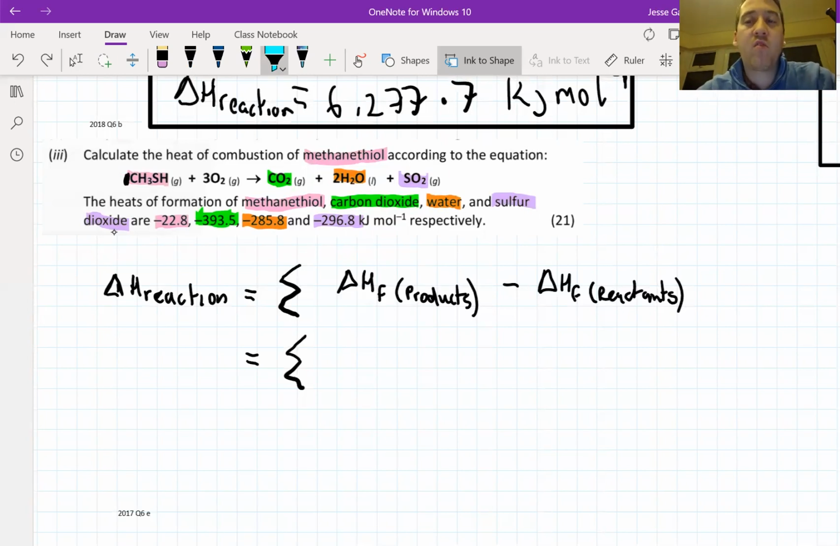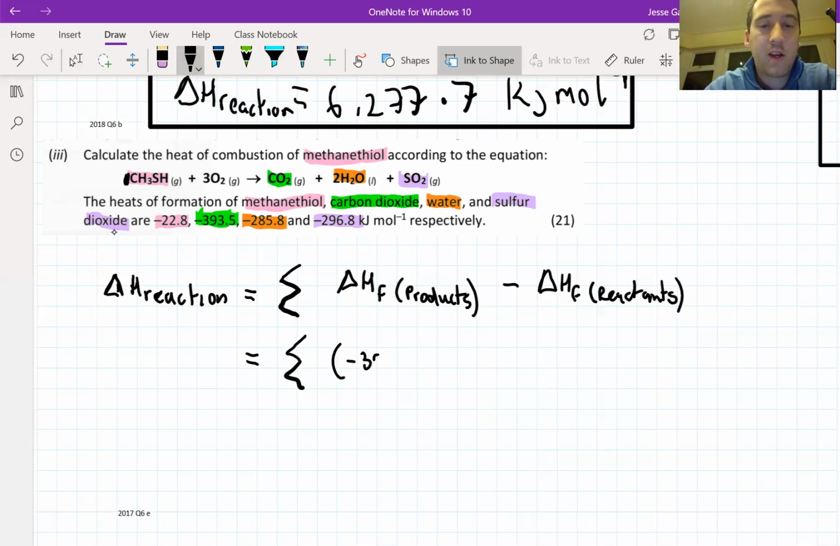So what are the products in this reaction? Please speak your answer to the screen now. Okay, your products, I'm hoping you're saying, are carbon dioxide, CO2, water, H2O, and sulfur dioxide, SO2. We know this because it's on the right of the arrow. So let's put in the delta H values for the products, because that's what we need to put here. Carbon dioxide just has a 1 in front of it, so we just need